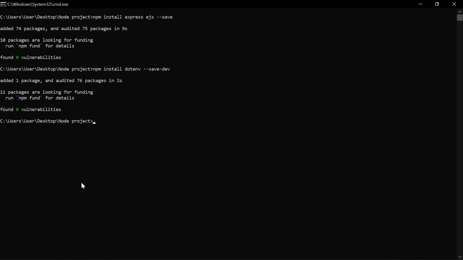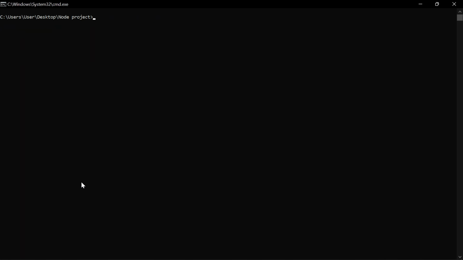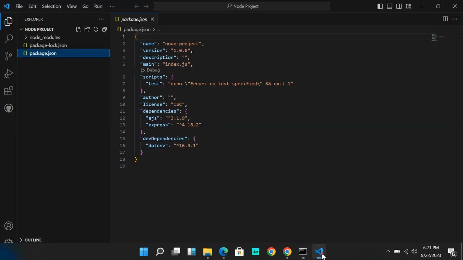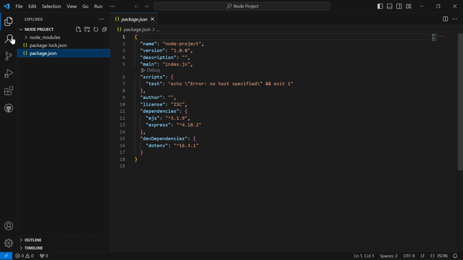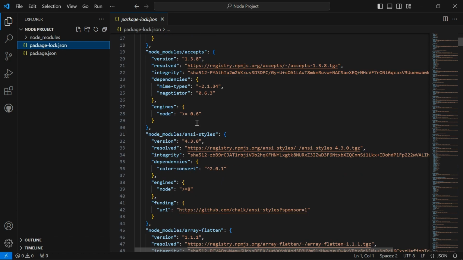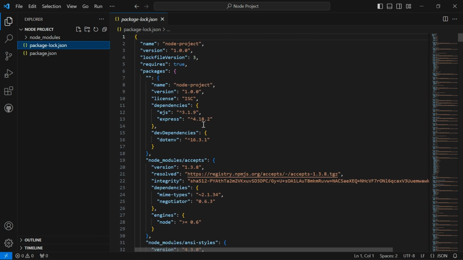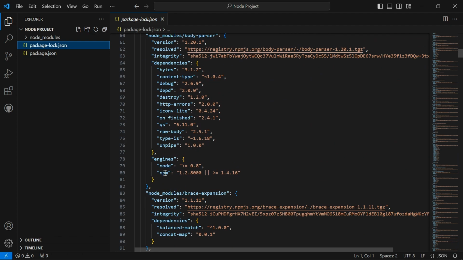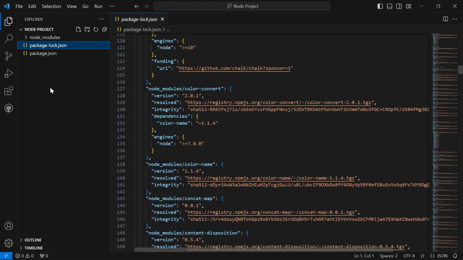Okay, now that we have installed all the dependencies we need to work, let's go back to VS Code to look at what we've done so far. Now we can see the node modules here. That is, these node modules were added after I installed the dotenv, and also we have the package-lock.json file, which comprises our dev dependencies, the name of our project, and so on.